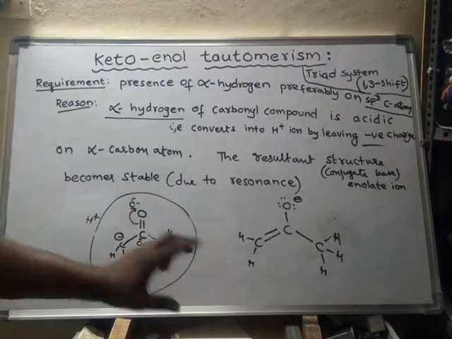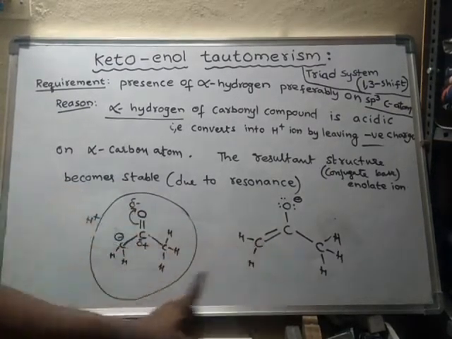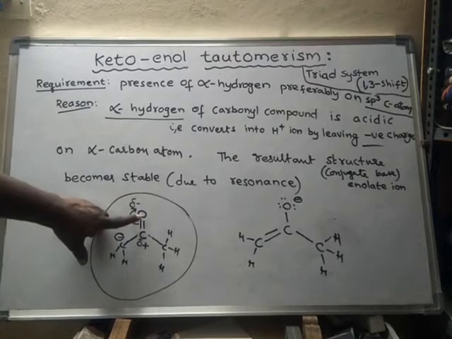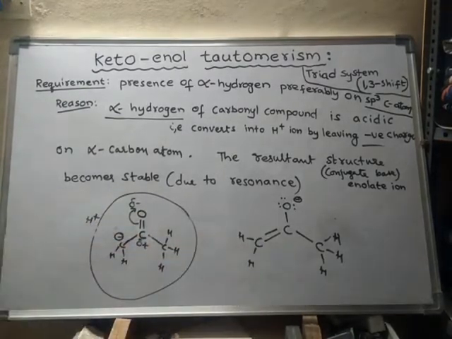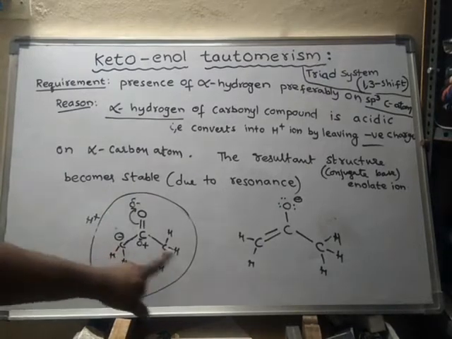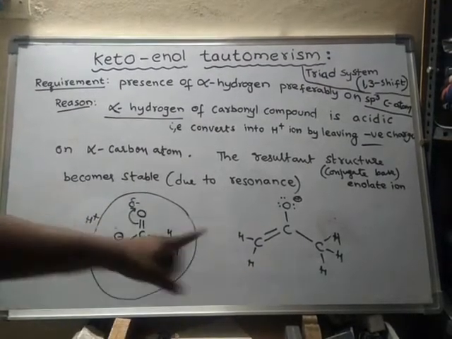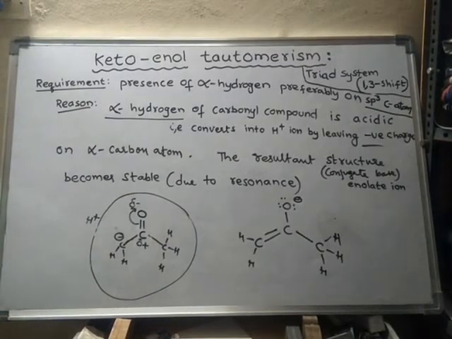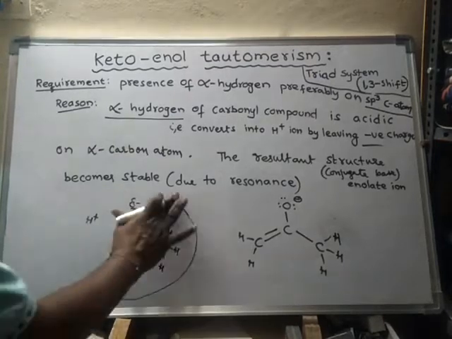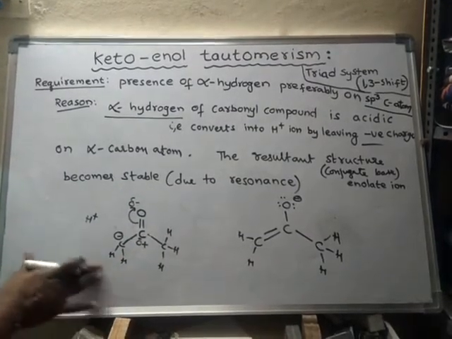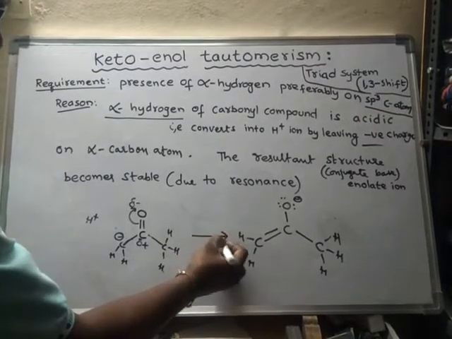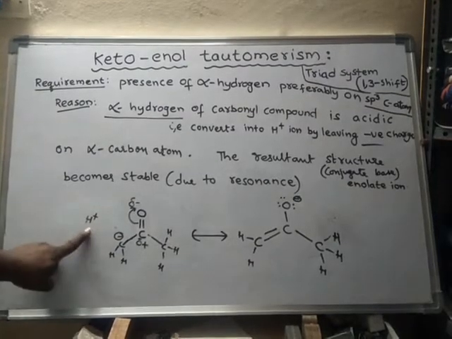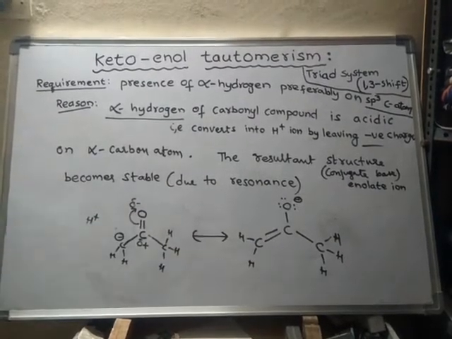Indirectly, the double bond is shifted from between carbon and oxygen to between carbon and carbon like this. So here there is no migration of atoms. No atom is changing its position. Simply only the position of electrons is changed. Such a relationship between these two is said to be resonance. So now what happened? Resonance has occurred.